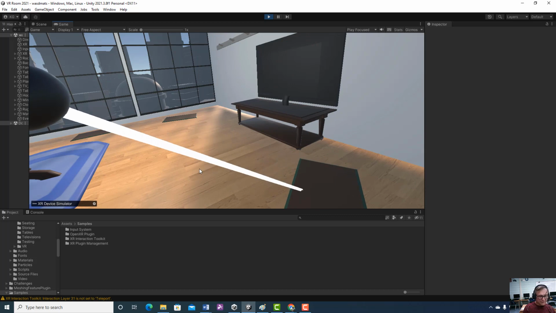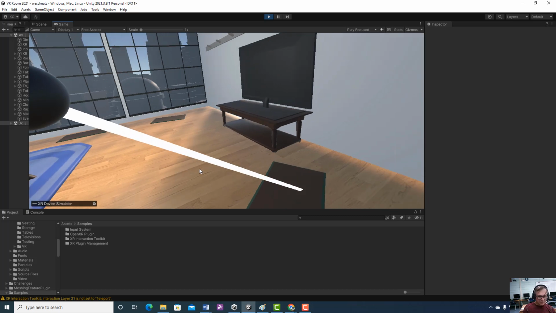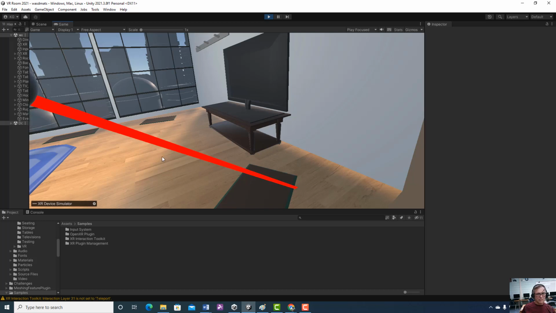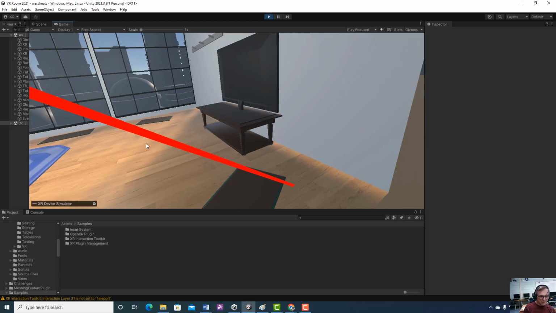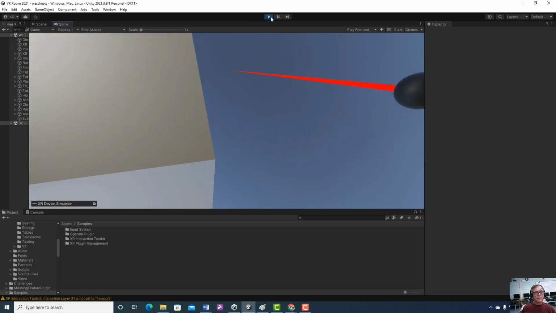And there's my left. For some reason it is. Oh, it's just teleporting across the room. So